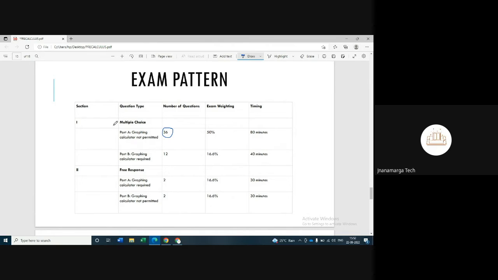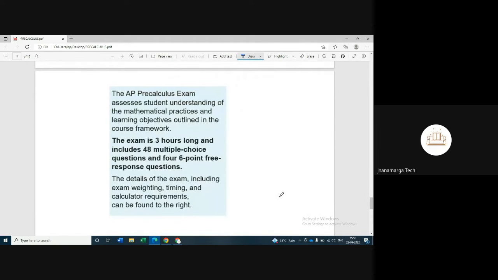So we have 36 multiple choice questions in part A, where the graphing calculator will not be permitted, and 12 questions wherein the graphing calculator will be required, and accordingly we have our weightage. Then we have our free response questions, wherein we will have 4 questions in total and 60 minutes for those 4 questions. So the pre-calculus exam basically assesses the student's understanding of the mathematical practices,